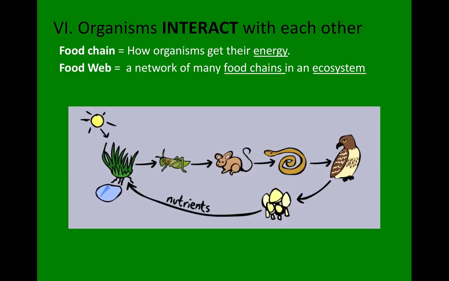The picture below is a food chain because it's showing just a linear, one eating another type of relationship where the energy is passed from the sun to the grass, to the grasshopper, to the mouse, to the snake, to the hawk. Now, those mushrooms are not eating the hawk. They are decomposing all the way along at every step of the food chain and returning the nutrients to the soil for the next generation to use.